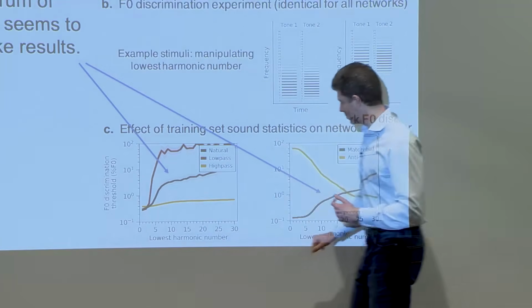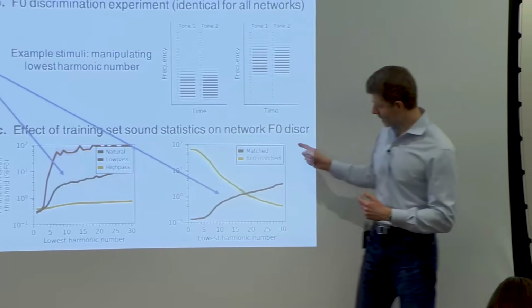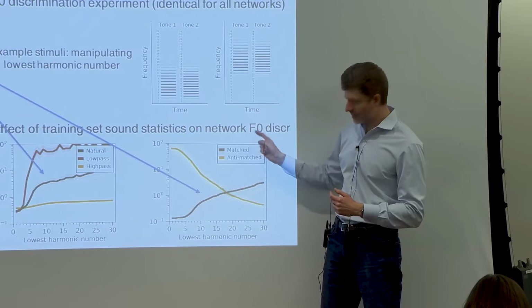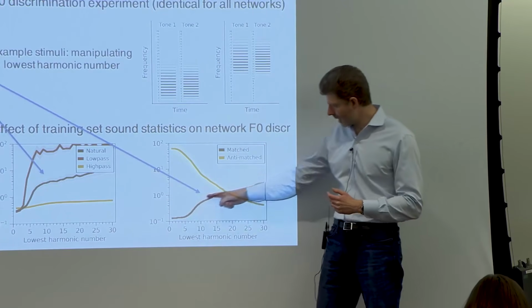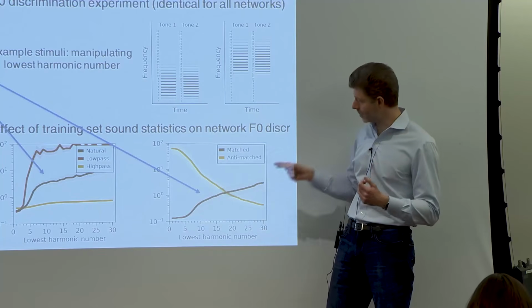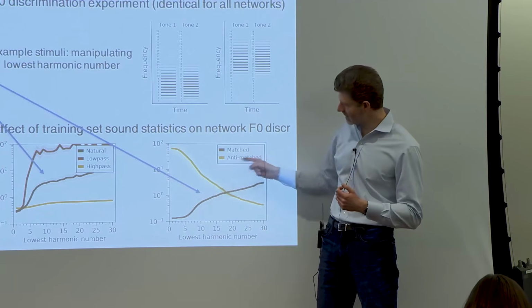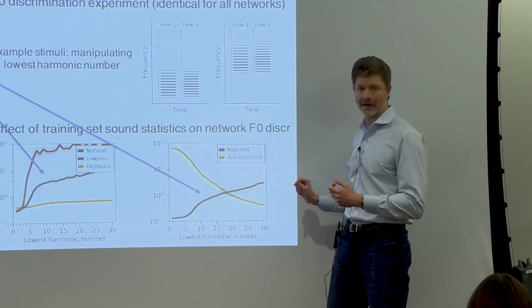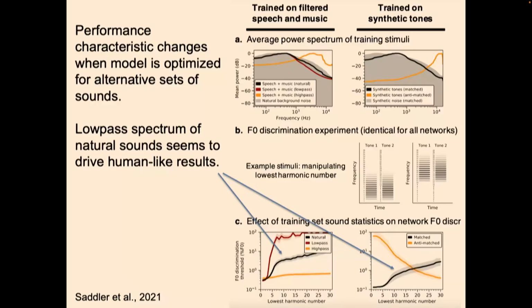very different results curves. And here, if you take synthetic sounds, if you match the spectrum of the synthetic sounds to these natural sounds, you get the black curve out, which again sort of looks qualitatively human-like. And then if you do these anti-match sounds where they're instead high pass, you get kind of the opposite sort of pattern. Okay? So this is sort of suggesting that the dependence of human pitch perception on these low-numbered harmonics